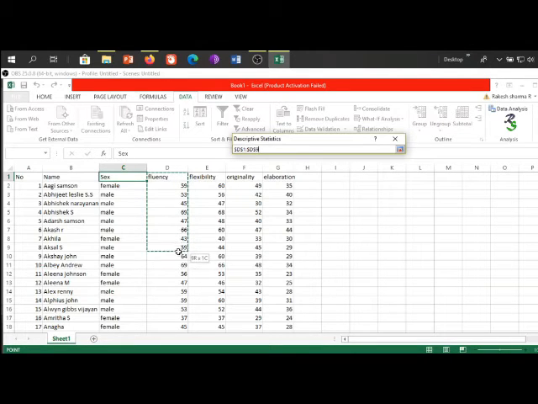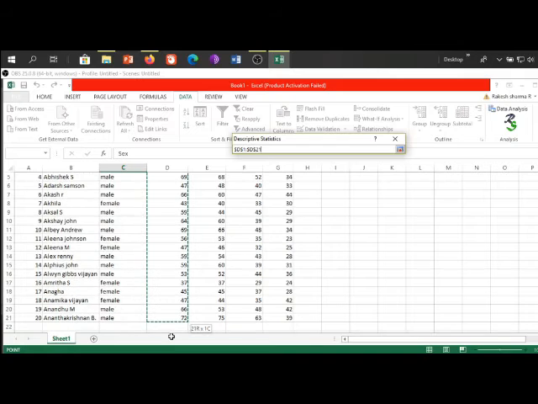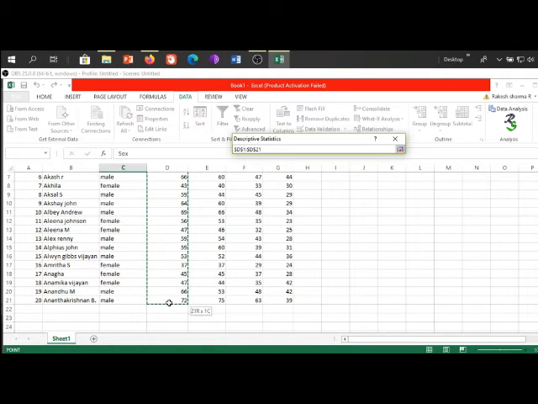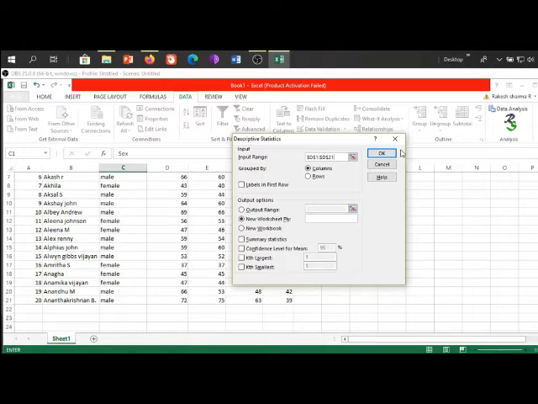I am slowly selecting the option. You will see the indication here in the input box. Then I revert back to the original window, whereby you will see the output range as well as other options.